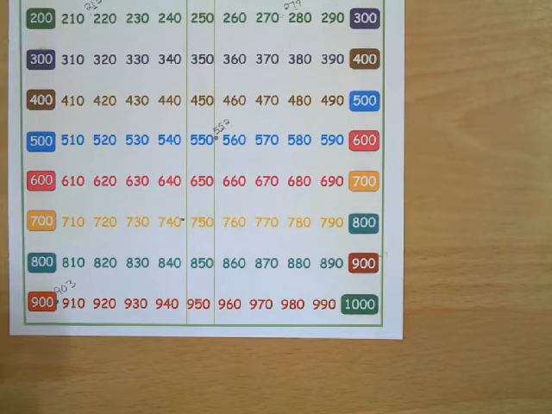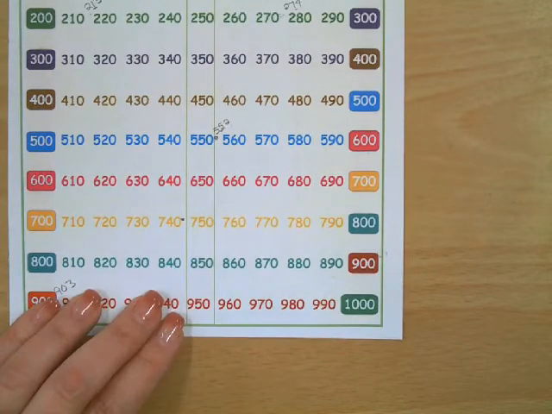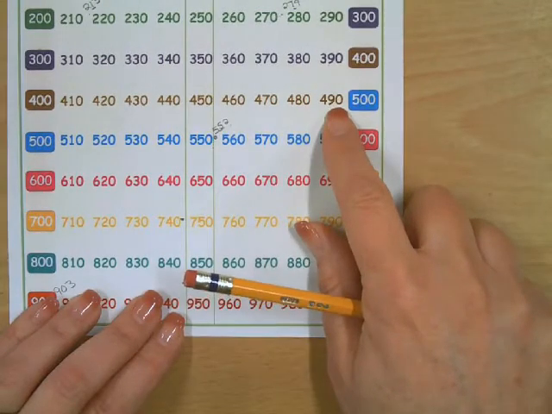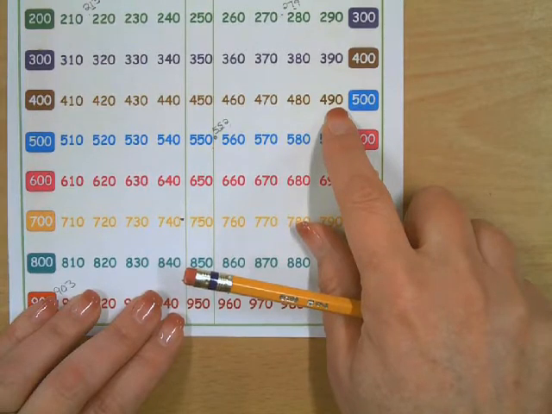Okay, so where are you saying it's between? 400. Okay, but where did you put your dot? Between what? Two tens? 490